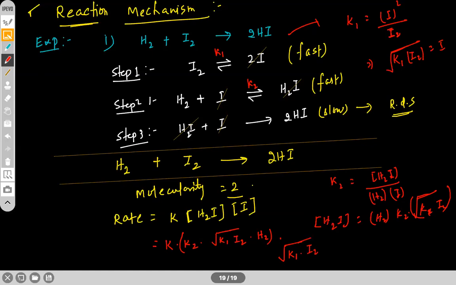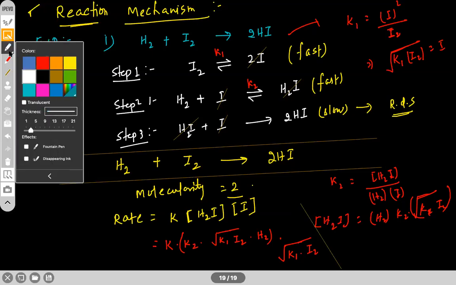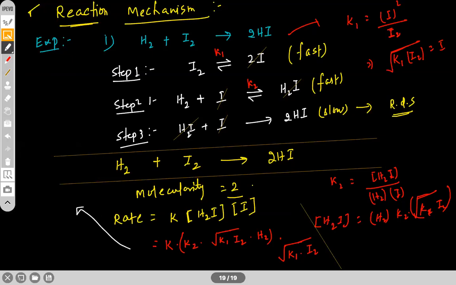Now when you solve this, what you get, you see here. I'll write down this side, wait. This side, you see. We get K into K1, root over of K1, K2 we have as it is, into root I2 into root I2 is I2 into H2. So this is the product of